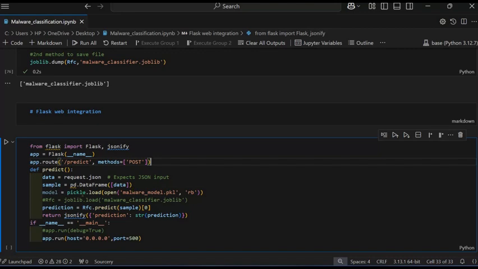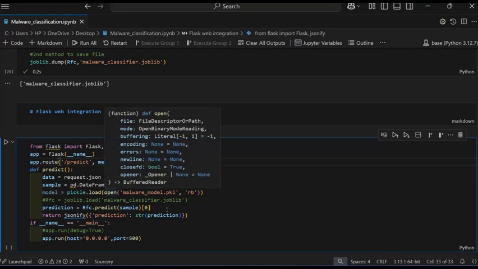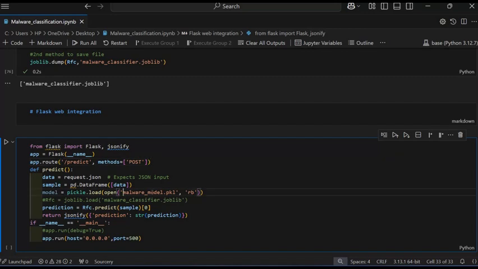Then sample is a variable, where we pass pd.DataFrame with the data, and model equal, with pickle as the model loader, opening the file. This is the dataset file name which I have saved, opened in read binary mode.